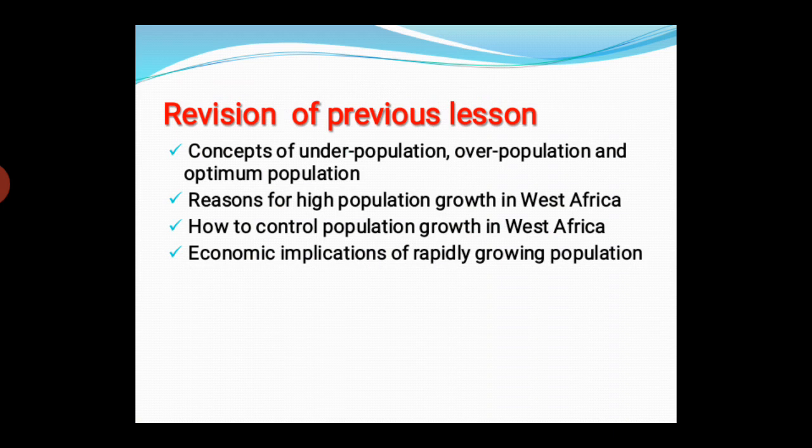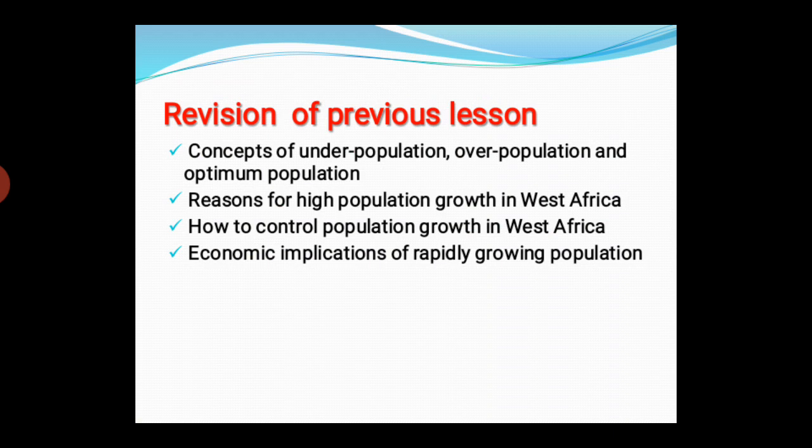There we tried to look at the population size in relation to the available resources, technical know-how, and standard of living. And we said the best concept is the optimum population because given the population size,